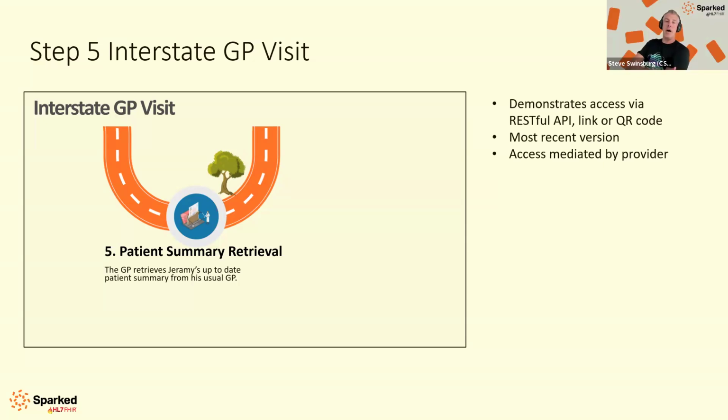Yeah, so we're not looking at patient access at the moment. This is more around some of the characteristics that people felt were important in deciding how to go forward in implementing patient summaries. So things like who's accessing it, and the most common one that people wanted demonstrated was a provider accessing it on behalf of the patient, whether or not the patient's sitting with them. In the interstate GP visit, the patient would be there, but then we've got the referral one where obviously the patient wouldn't be there.